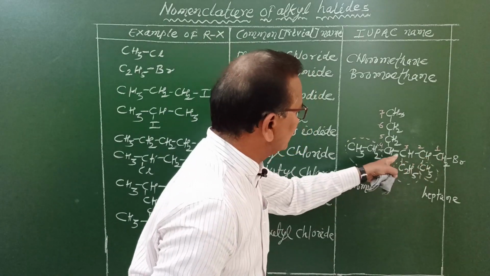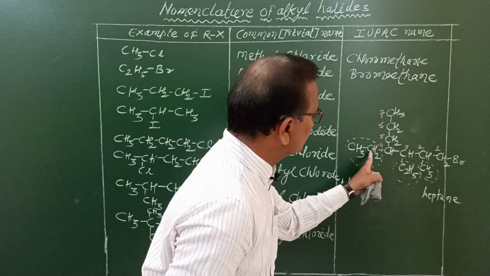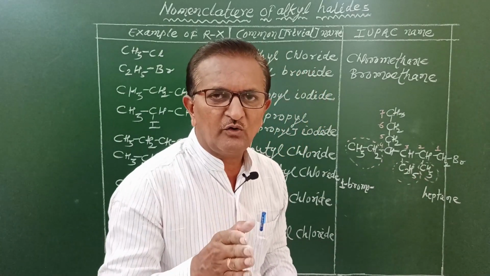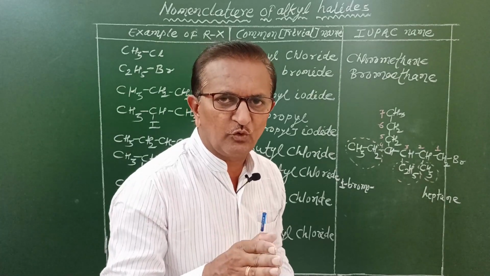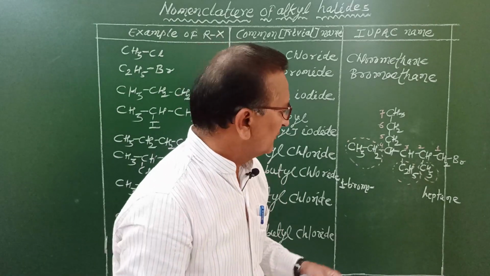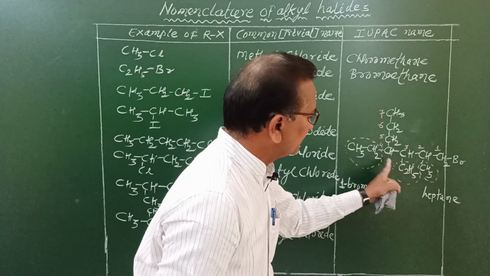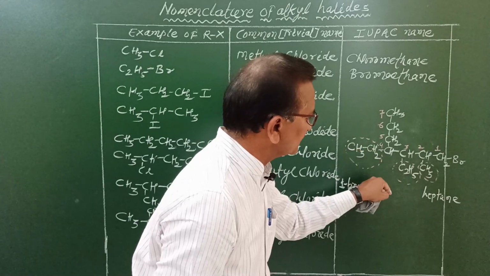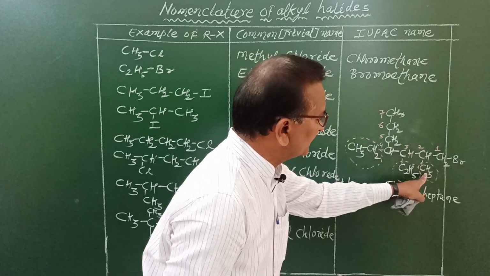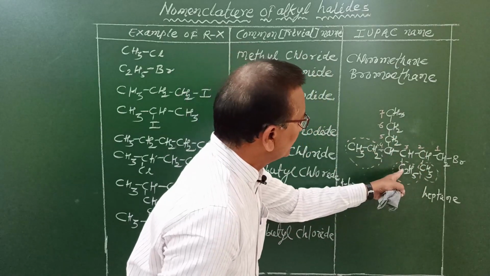Now let us see, this is the longest continuous chain of carbon atoms. So in the branches there are 2 ethyl groups and 1 methyl group. As E of ethyl appears before M of methyl in the alphabet, therefore first we have to introduce the names of these branches, that means the ethyl groups, along with their positions. And once we write the names of the ethyl groups, then we have to introduce the name of the methyl group along with its position.